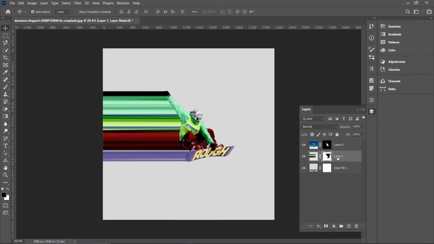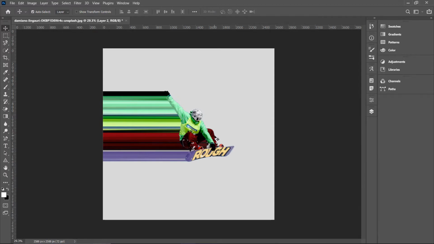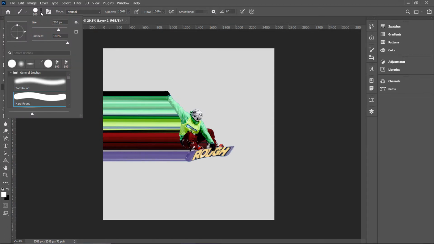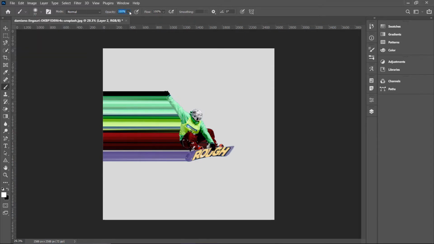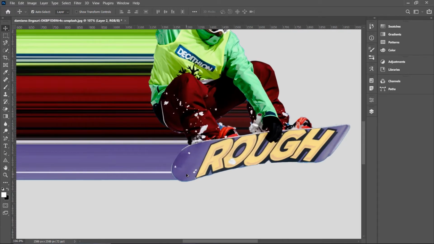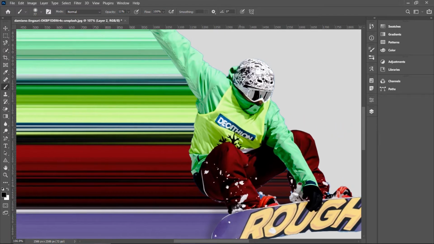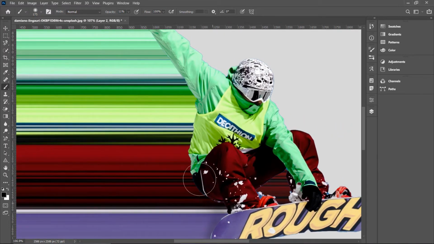Okay, let's create shadows for our subject. Create a new layer and select a brush, a soft rounded brush this time. Change the size and decrease the opacity to maybe between 10 and 12 percent. Just start painting. We painted white because our foreground color is white. Just swap it to black, change the foreground color to black, and try to create this shadow.